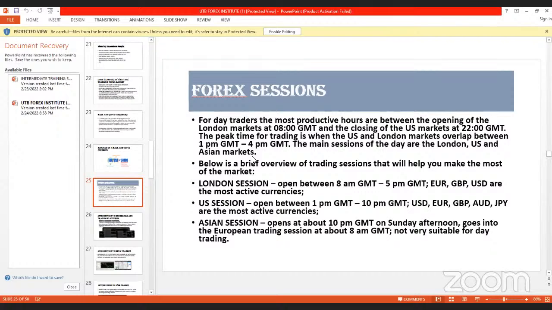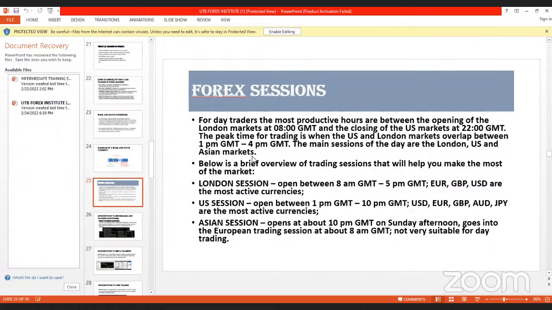Now, by 8 a.m. in the morning the market is closing, and the UK session opens that same 8 a.m. and runs through, then closes by 5 p.m. in the evening. While the UK session is still on, the US session opens by 1 p.m. to join the market. If the US session opens by 1 p.m., they will close by 10 p.m. in the night. So that's how it runs.